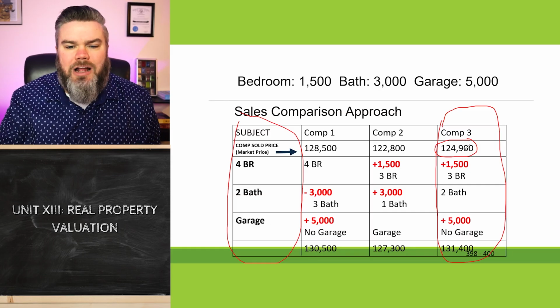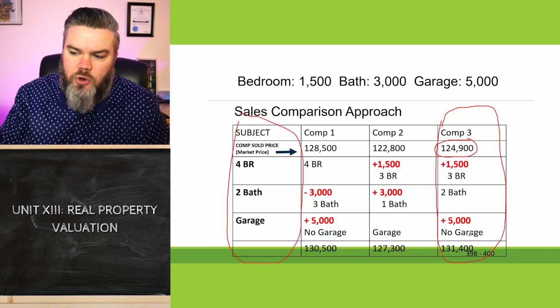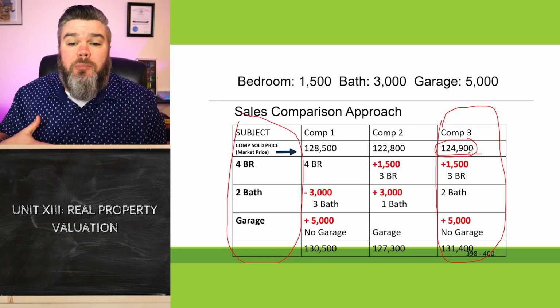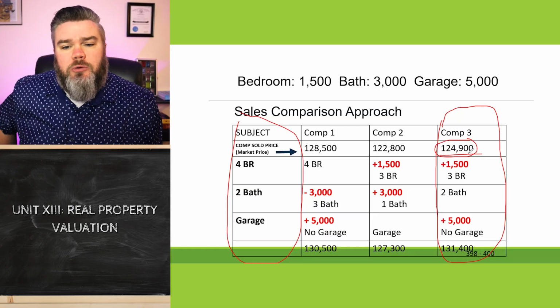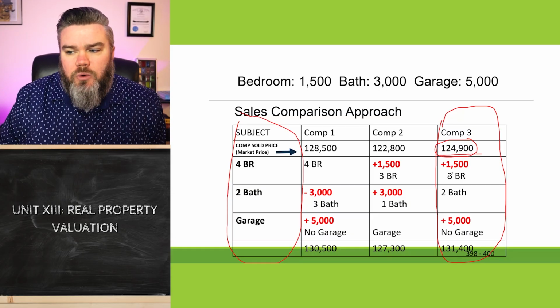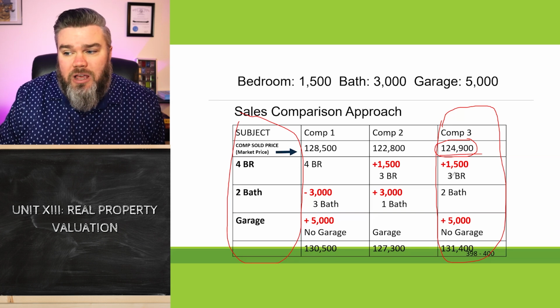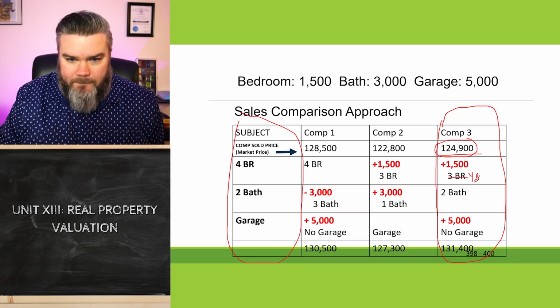And so the question you're answering when you make these adjustments is, well, as it was a 3-bedroom, 2-bath with no garage, we know it sold for this. What would it probably have sold for if it had been identical to our subject property? So you've got to add value because what you're doing is pretending what you think it would have sold for if it had 4 bedrooms. Gotcha. Yeah.